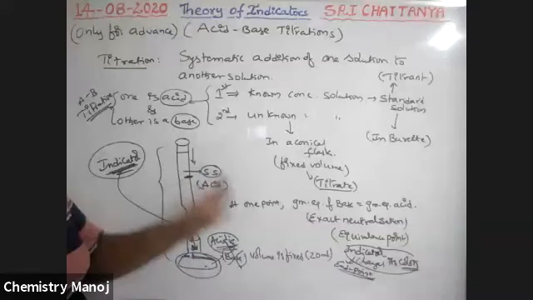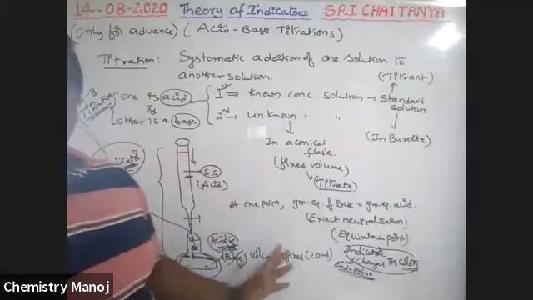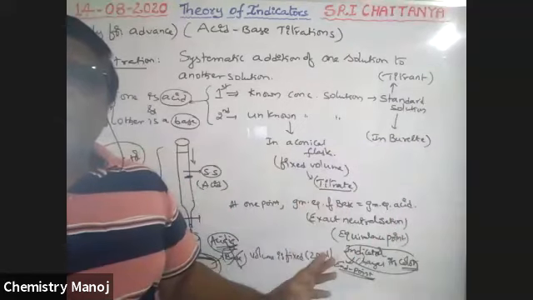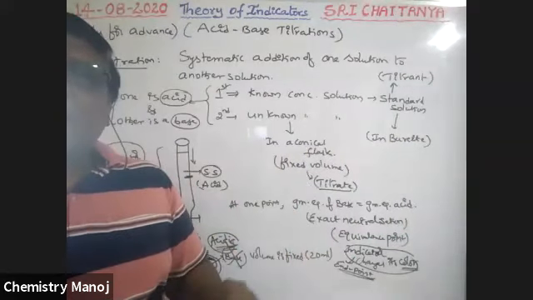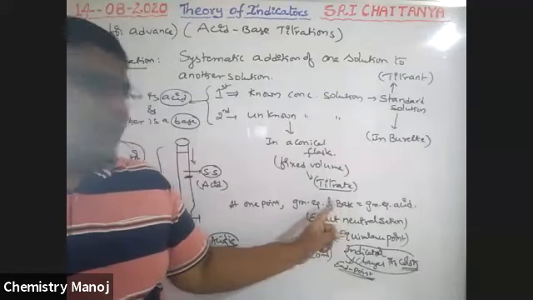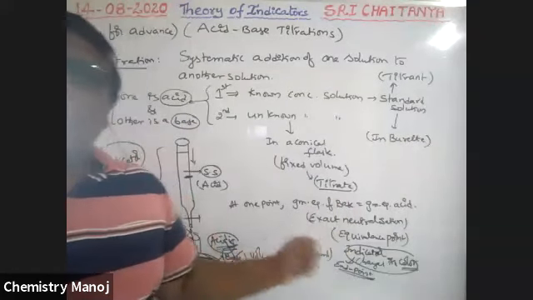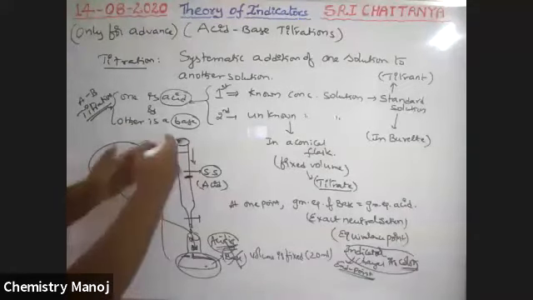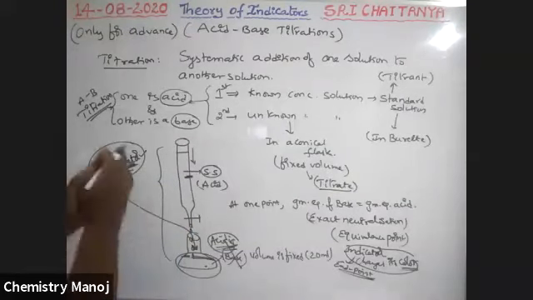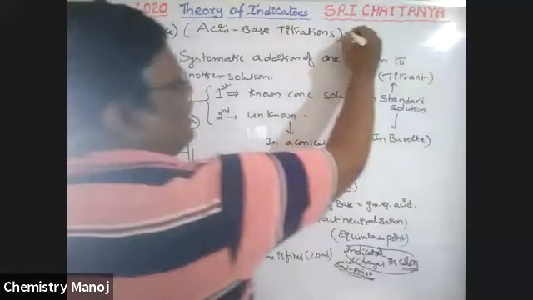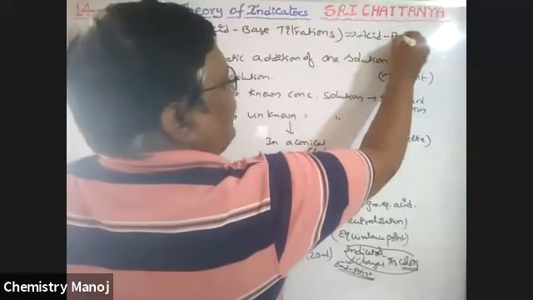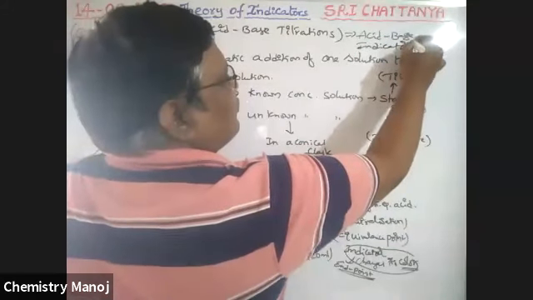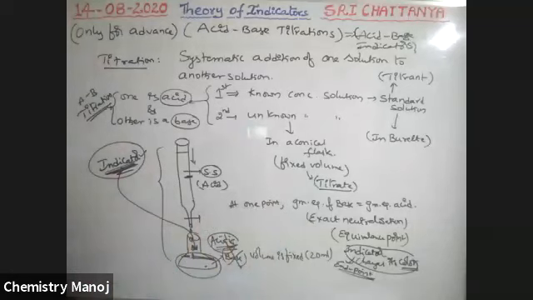So to identify where the reaction is completed, that is, where the gram equivalence of acid is equal to the gram equivalence of base, there is a need for another chemical. For indication of that equivalence, there is a requirement of another substance called an indicator. Because this indicator is used in acid-base titrations, it is called an acid-base indicator. So our topic is acid-base indicators.